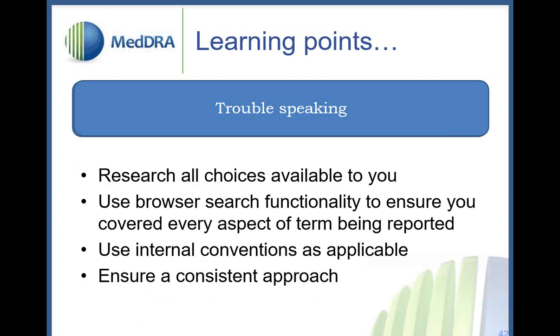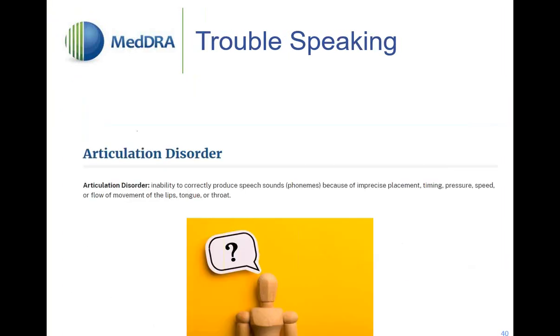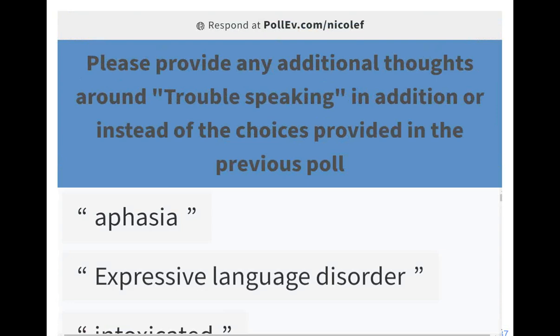Now, what I'm going to do is see if this will work. I want to go back to the poll and see if anybody can type in. Now that we went through the references and my thought process, and we saw all the great options that people provided in this poll, would people handle this a different way? Would you now say a query is definitely in order, or would you code to one of these types of disorders or things that are happening?